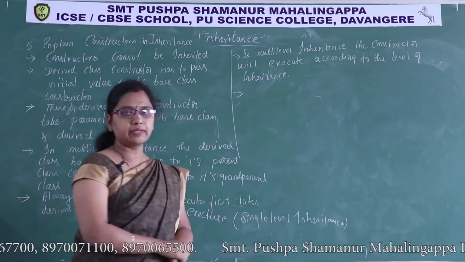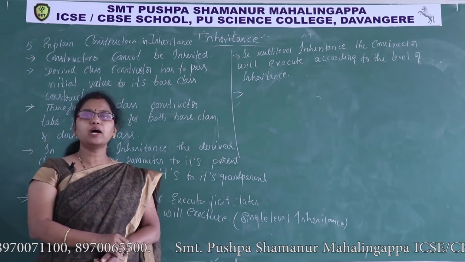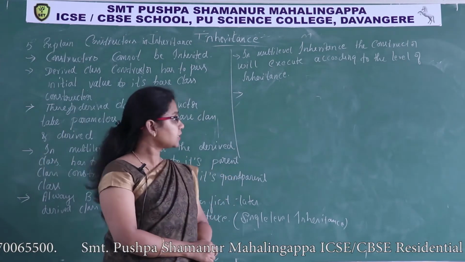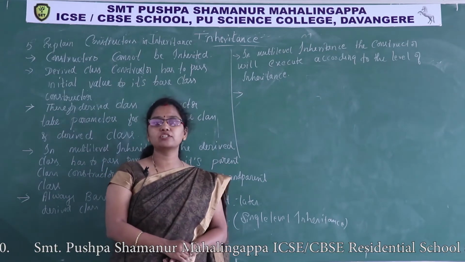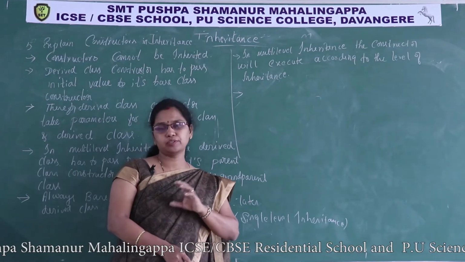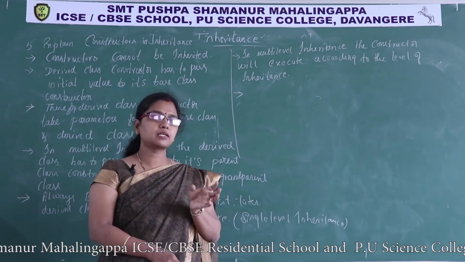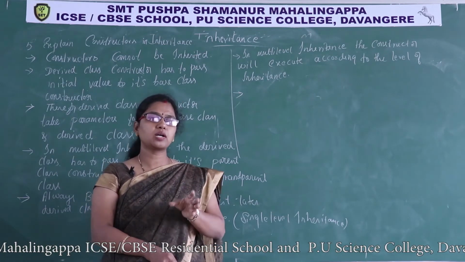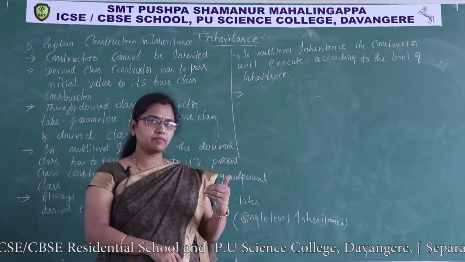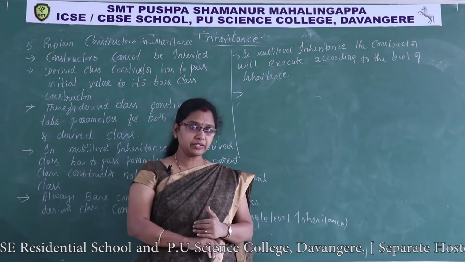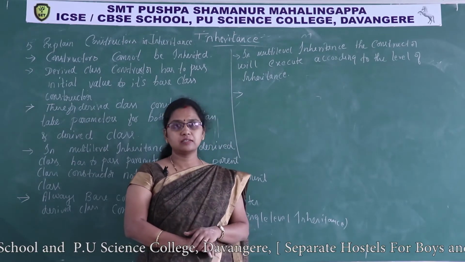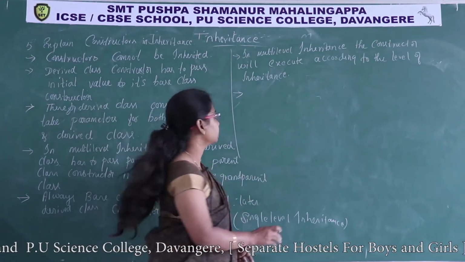Now in multiple inheritance, what is multiple inheritance? Two or more base classes and one derived class. In the case of multiple inheritance, which base class constructor executes first? They both are at the same level, A and B. If you consider two base classes, A and another base class B, and I inherit one more class C from these two classes, A and B, these A and B are at the same level, so which constructor will execute? That depends on the order of inheritance that appears in the derived class header.